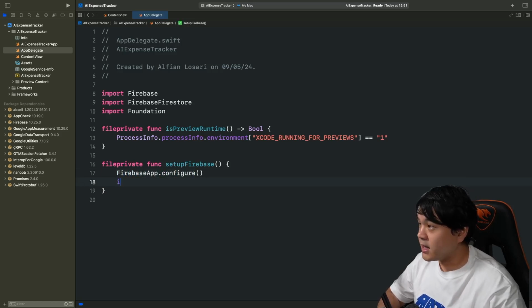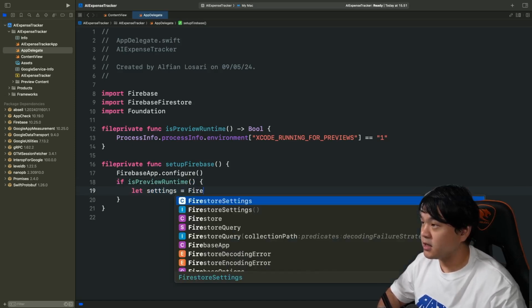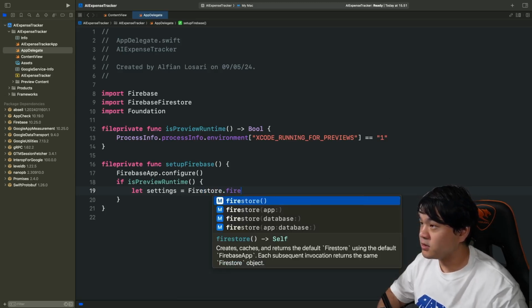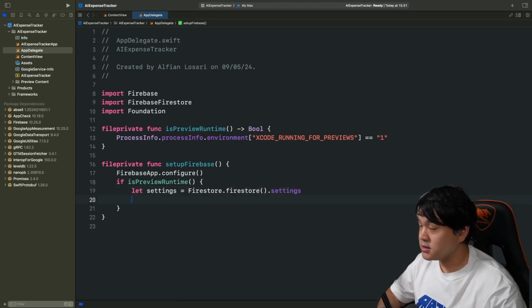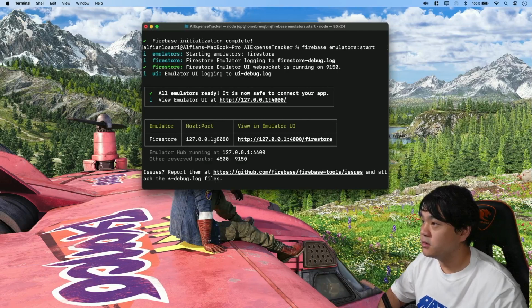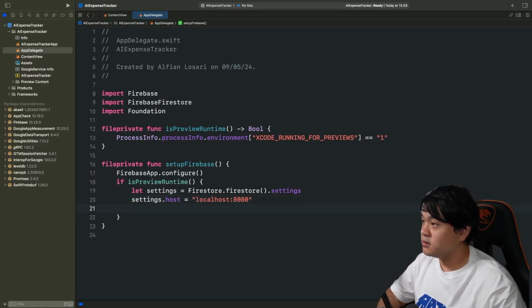Okay, and now let's add a check if the speed runtime is true. Let's get the Firestore settings, using Firestore settings, and then let's set the host to localhost and use the port from this terminal. Here it shows 8080 for my Firestore, so I'm going to use that to access the local Firestore